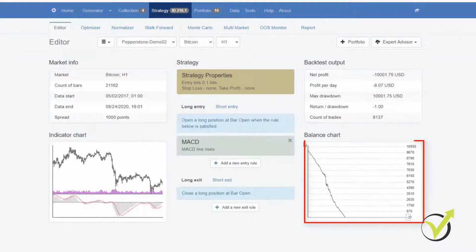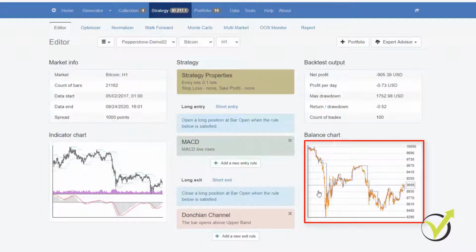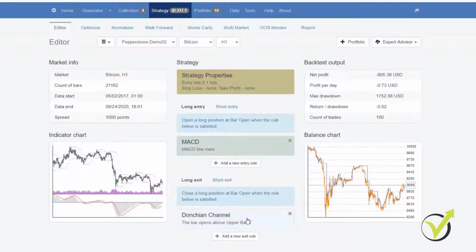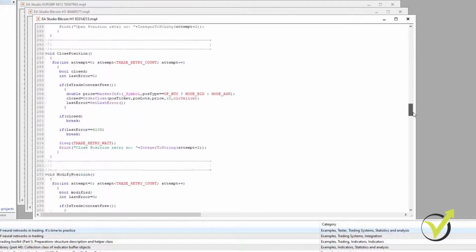Okay, if you go to new strategy and start adding different indicators, for example the MACD, and I click on accept, you will see that it shows the balance line, which obviously is losing, with just one indicator that I picked randomly. Then I can add any indicator as an exit, and you see there is already a more decent balance chart which is still losing. And this is how you can build your strategy, and if you like it, you can export it as an expert advisor for MetaTrader 4 or for MetaTrader 5. And depending on which platform you are using, MT4 or MT5, you have the ready expert advisor with the code, everything inside, one click export.